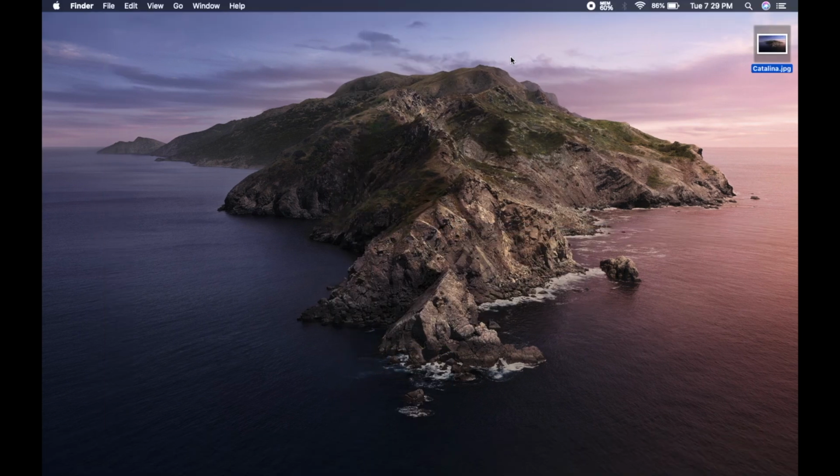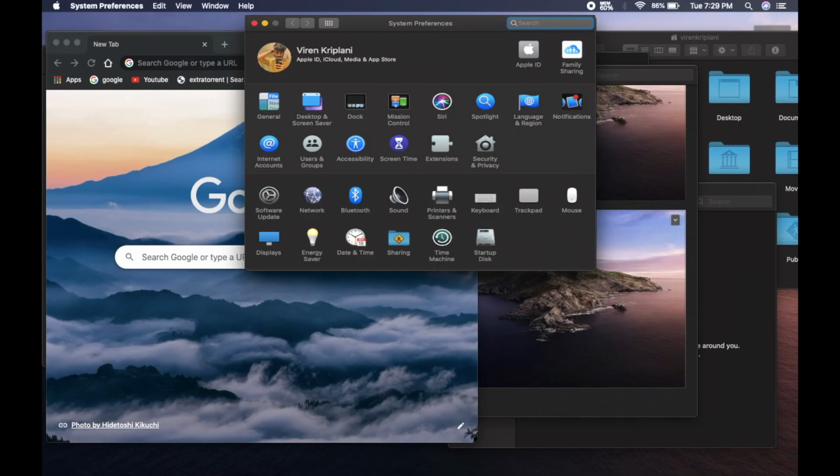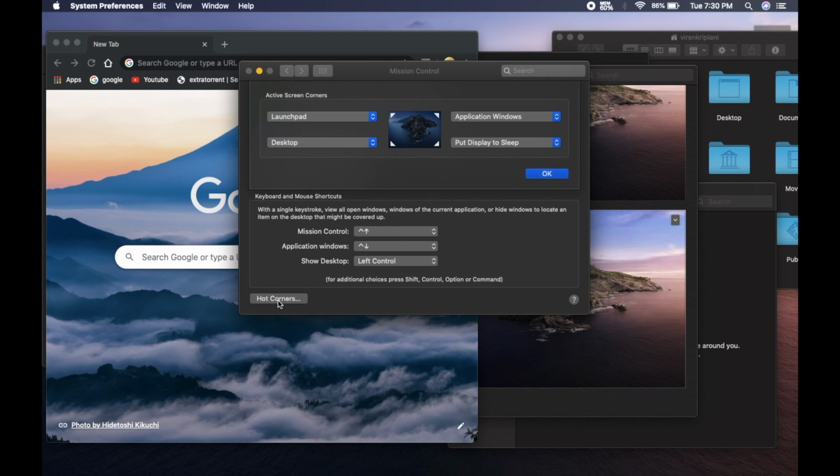Now let me show you how to configure hot corners. All you do is open up System Preferences and then go to Mission Control, and down there you see the option of Hot Corners. Just click that and here are the options to select hot corners.